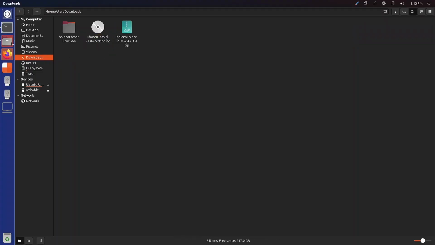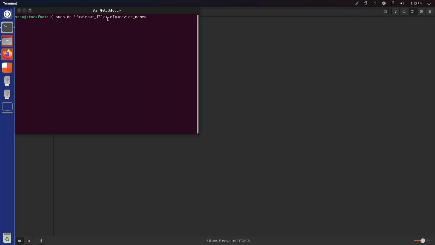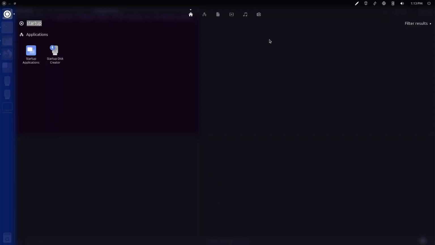Copy. Okay, Control V doesn't work in the terminal. Paste. Oh, good lord. Okay, and disks.